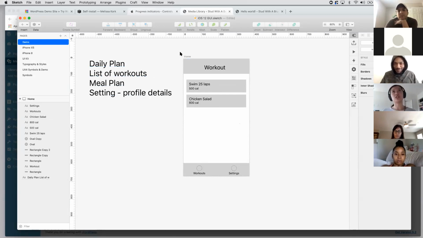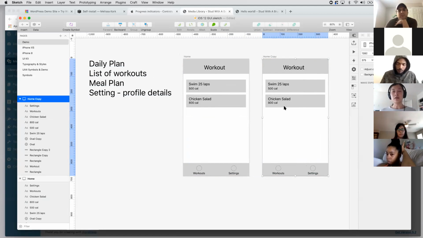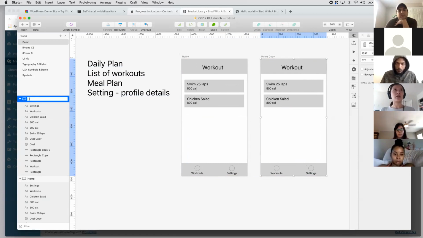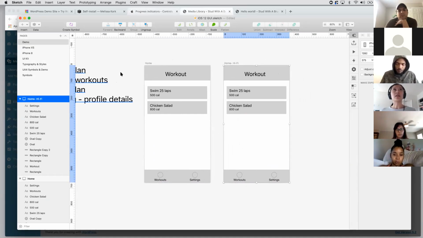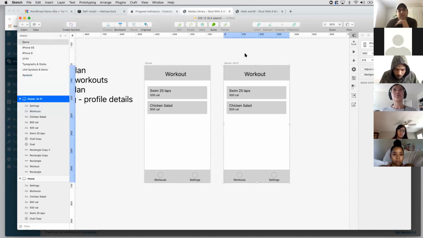So obviously you've done your testing, you've prioritized your features. This is a format that seems to be working from an interaction perspective that users really get. And obviously there would be more screens, but for today's demo, we'll just focus on one screen right now. So just to show a before and after, we're gonna move this over to higher fidelity using our style guide. And when you work in a style guide like this, you can actually, rather than designing right within the Sketch document, you can actually add it as a library. So when you add it as a library,